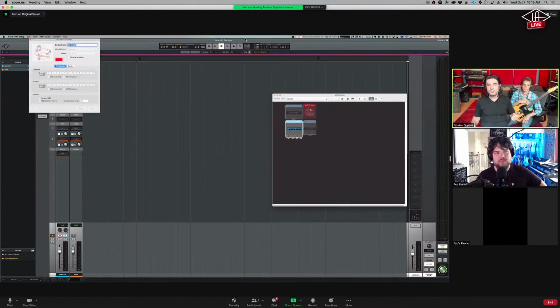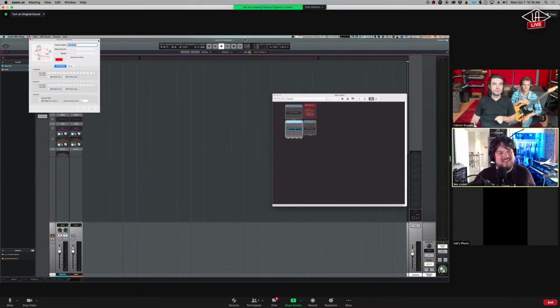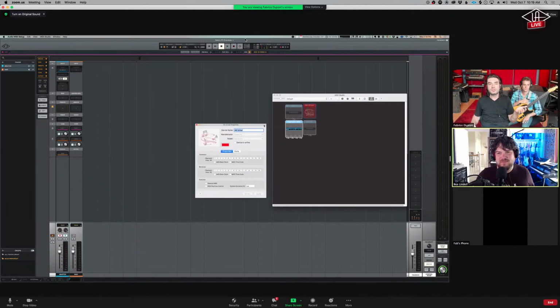If you open your Audio MIDI Setup on your Mac, don't ask me questions about Windows. The only thing I know to do with Windows is look out a window. That's all I know how to do. For Windows questions, oh no, Luna is not on Windows. Exactly. So it doesn't work.